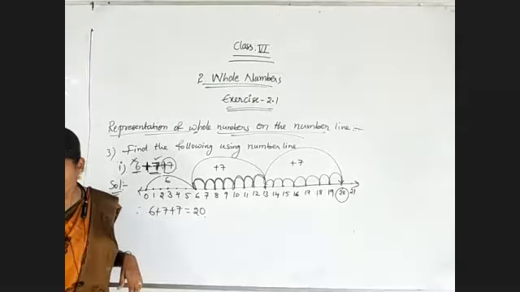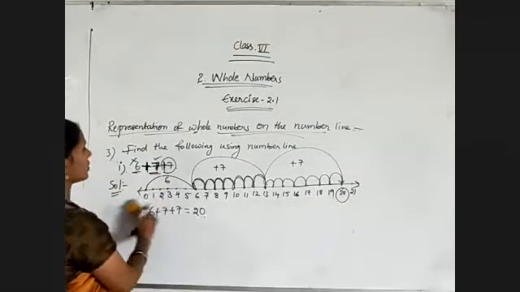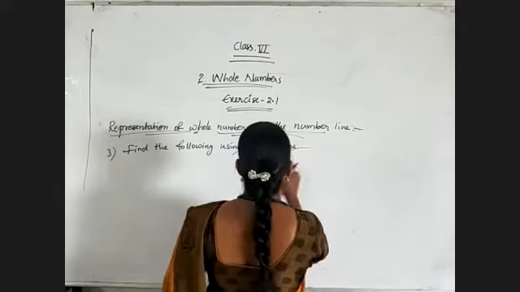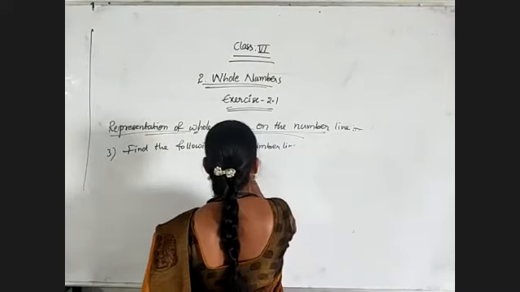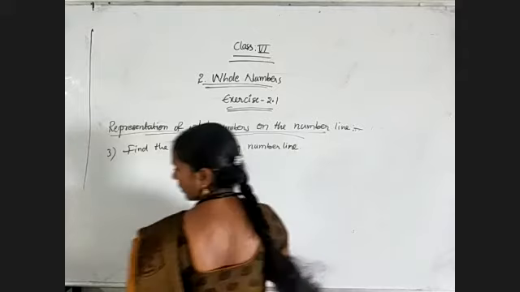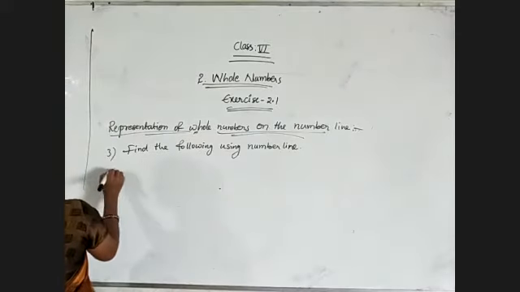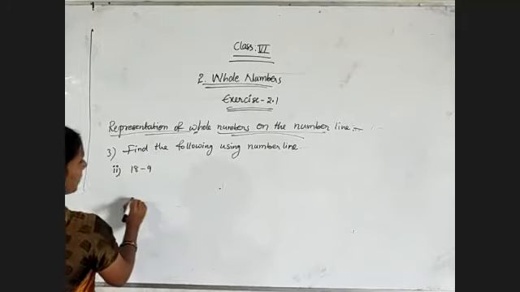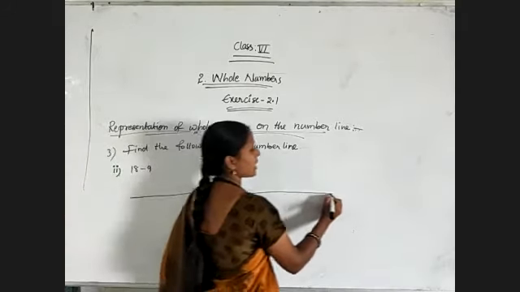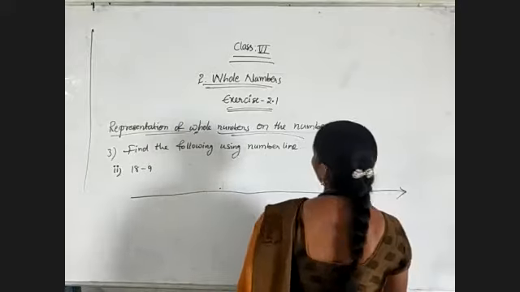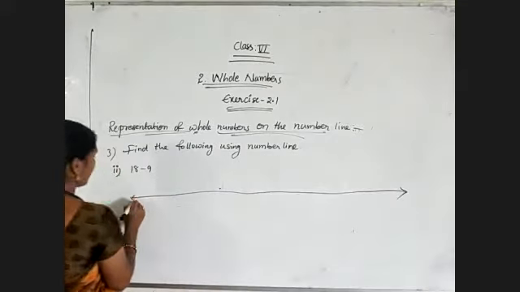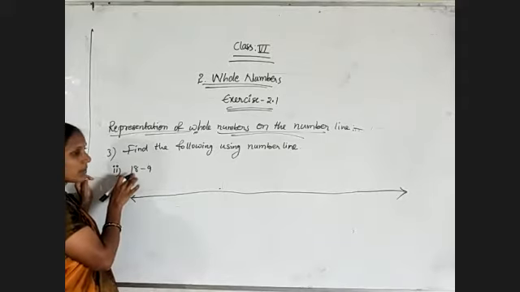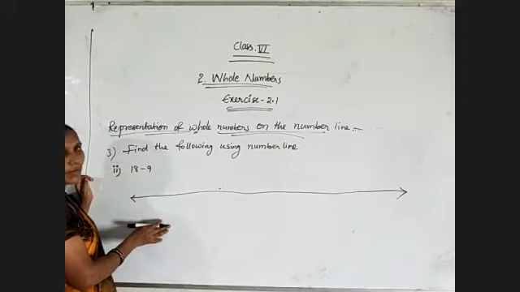Okay. Now coming to the second question. So this is the example for addition. And coming to the second one, 18 minus 9. So subtraction. So for subtraction, as I told you, first number only the highest one. From the bigger number only we will subtract the smaller one. That's why the first number is enough to take the values on the number line.